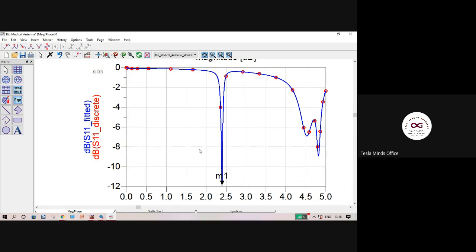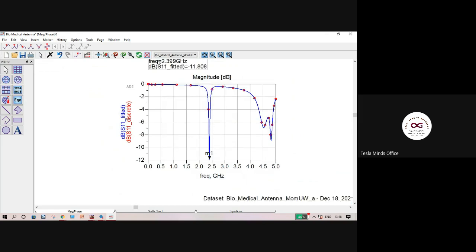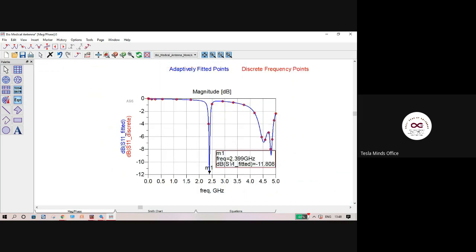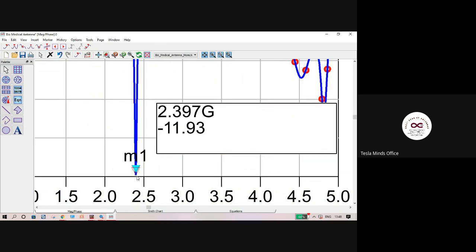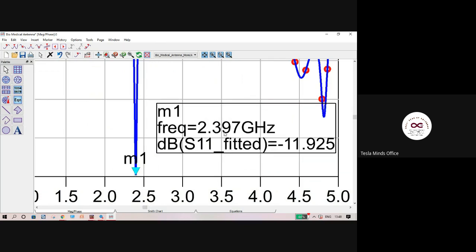So now I can use this antenna for that exact frequency. I can use this antenna for transmitting or receiving 2.39 gigahertz, because there we get minus 11.925. Anything less than minus 10, that frequency is good to be used in the antenna as a resonance frequency.